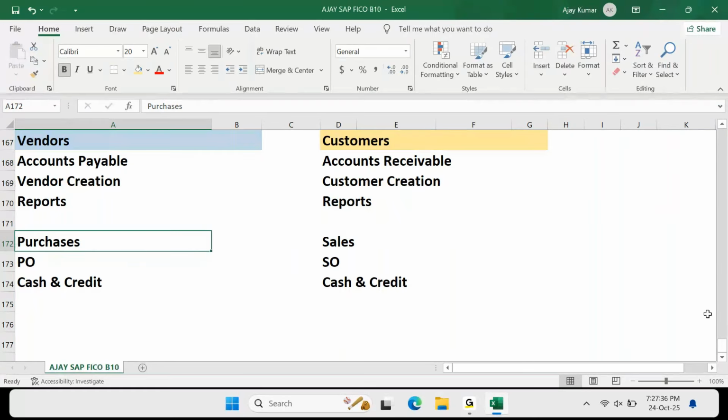When you're talking about cash purchase or cash sale, credit purchase or credit sale, what are we exactly referring to? What is the difference between these two? Credit purchases means we are liable to the vendor. Cash purchases means we already made the settlement, so there is no liability generated. Cash sale means there is no asset generated. When you're talking about credit, there is an asset generated, and similarly, there is a liability generated. In short, current asset and current liability are called accounts receivable and accounts payable.